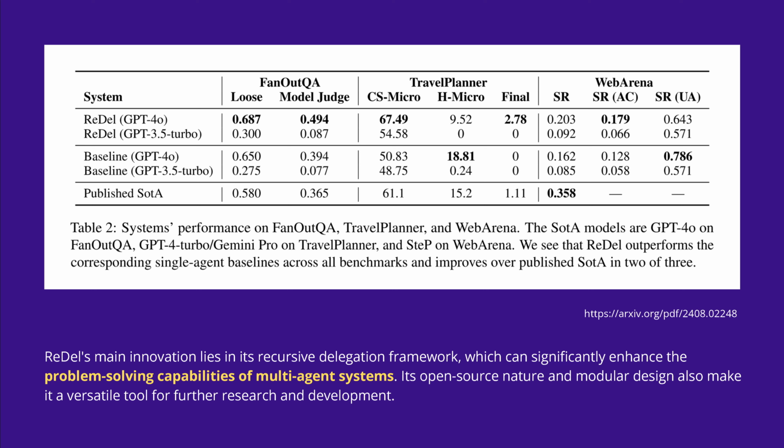real world examples. But in general, this recursive delegation framework, given the equilibrium between the complexity that the system can build autonomously and the, let's say, compute performance and the money that we want to invest into this system, are, of course, limitation factors. But in general, it should enhance our problem-solving capabilities of multi-agent systems.